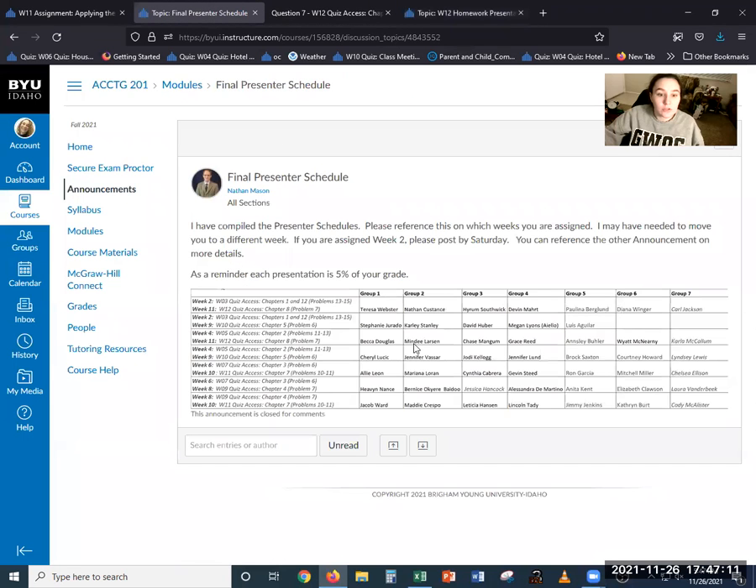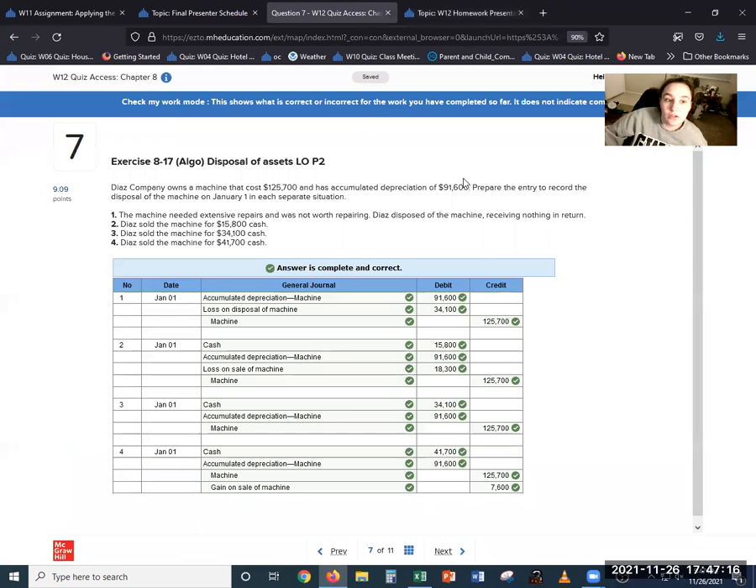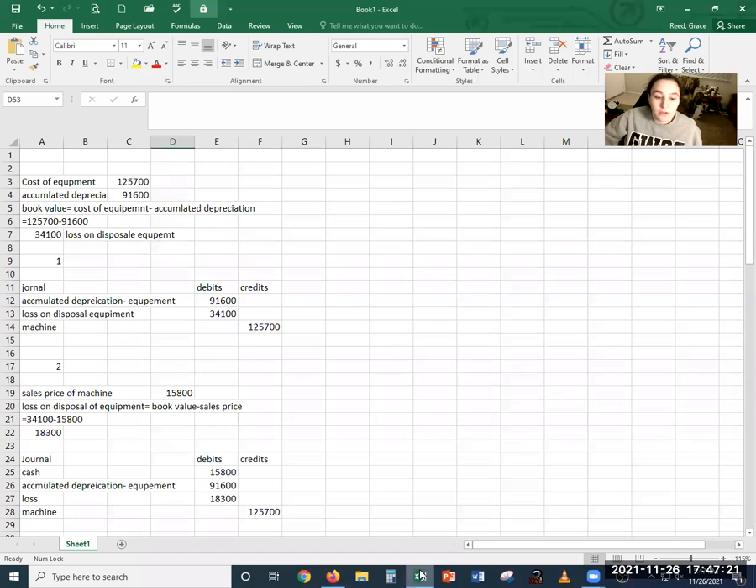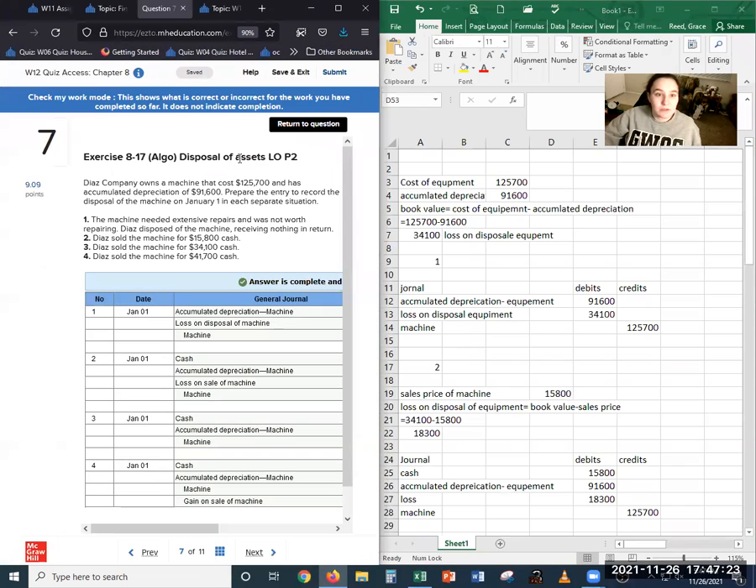This week is week 12, chapter 8, and I had number 7 as my homework, and I can show you. So right here it says chapter 8, problem 7. I have already completed it, and I can show you my work within this Excel document. I'll put these side by side. As you can see here, I copied a lot of the problem over with the cumulative depreciation and the